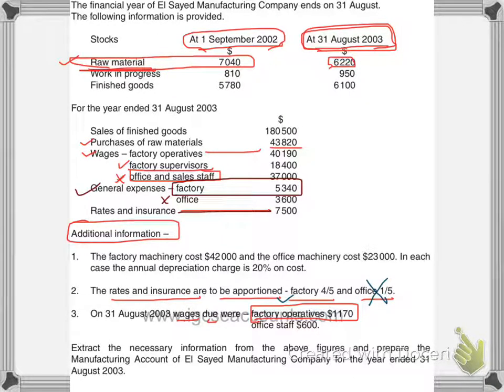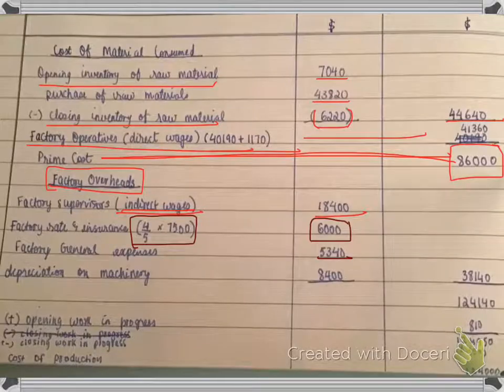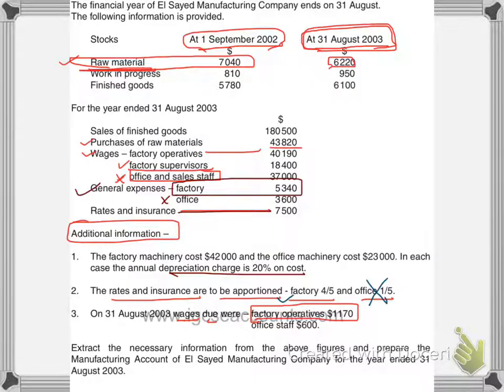Then there's depreciation as well. So depreciation is 20% on the cost. So in this, the depreciation percentage is 20% on the cost, and the amount of the machinery for the factory machinery it is 42,000, and for the office machinery it is 23,000.